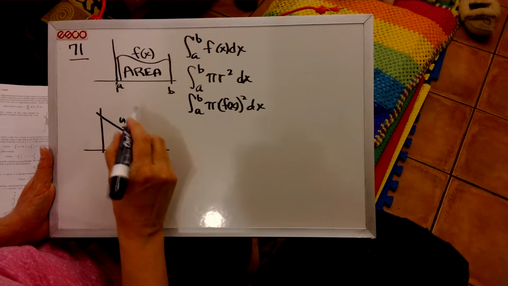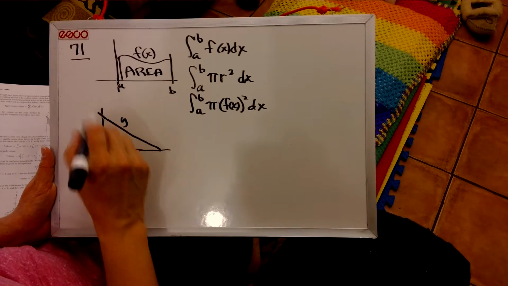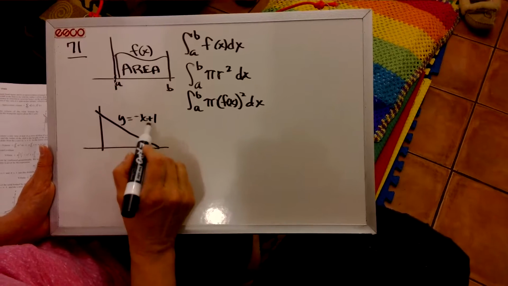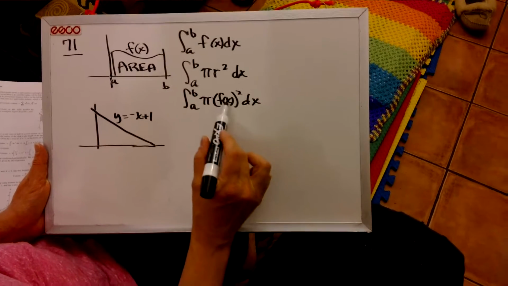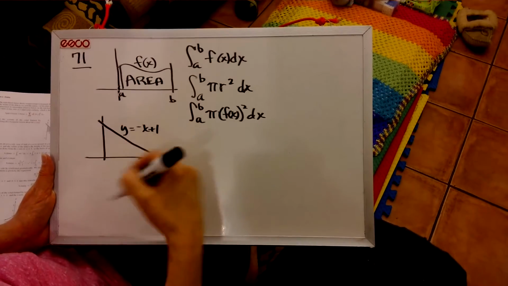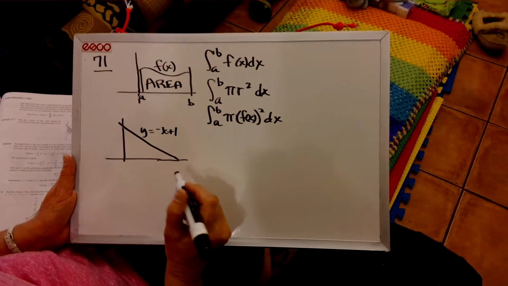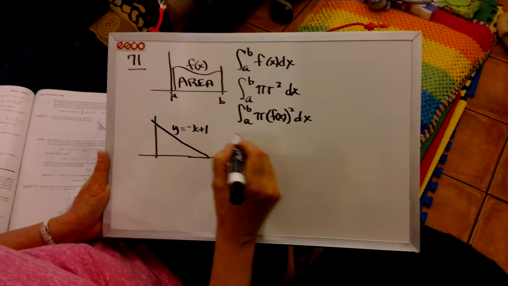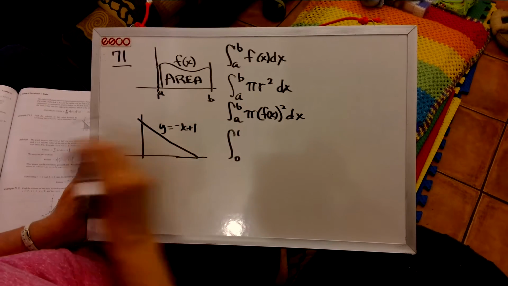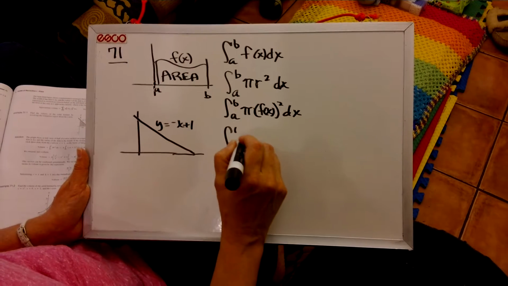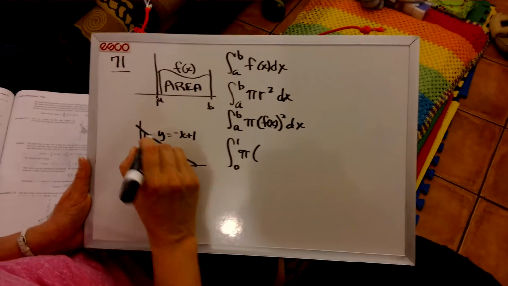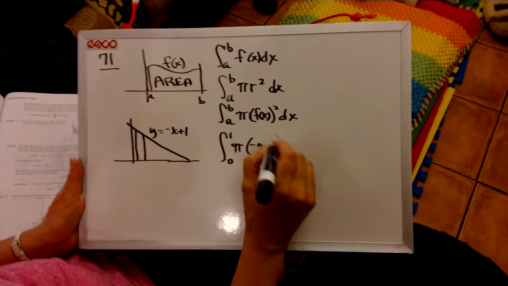So on that first example, they show that the area that's being rotated is bounded by this triangle here, which is formed by the x-axis, the y-axis, and y is equal to negative x plus 1. So negative x plus 1 is our f of x, is our radius. So to find the volume when that is rotated over the x-axis, then we do the integral. We're going to do from 0 to 1 because that's the graph. Pi times our radius, which is negative x plus 1, squared